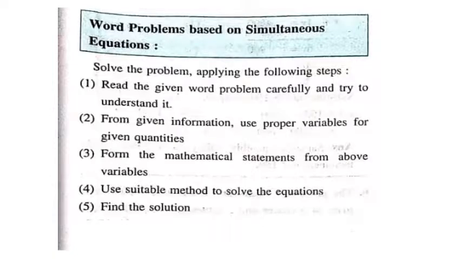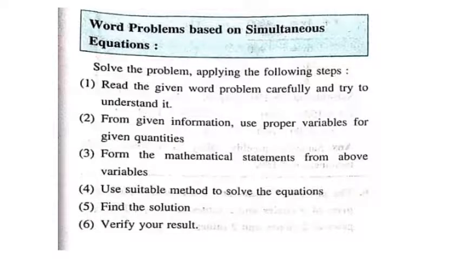And the fifth step is to find the solution. So for solution, what are you supposed to do? After framing the equation, you're going to follow the same technique. You're going to locate a variable which has opposite sign, and then secondly, you're going to equate the coefficients of variable having opposite sign. After equating that variable, you have to eliminate, and you need to find the value of the other. And once you get the value of the other, you need to substitute in the simplest equation given, and you need to find the value of the other. So this way you will get both the values.